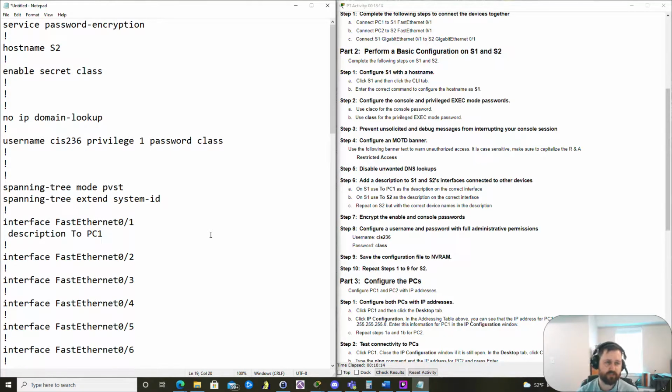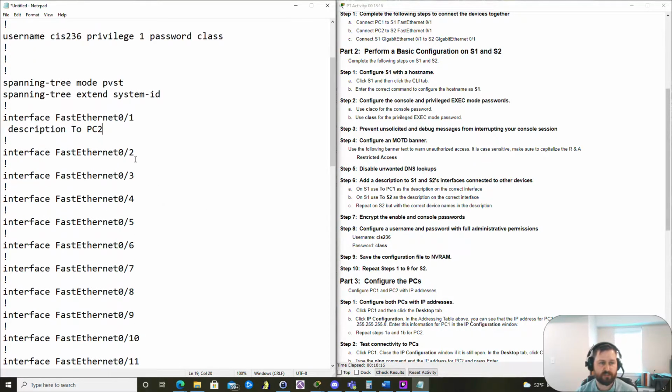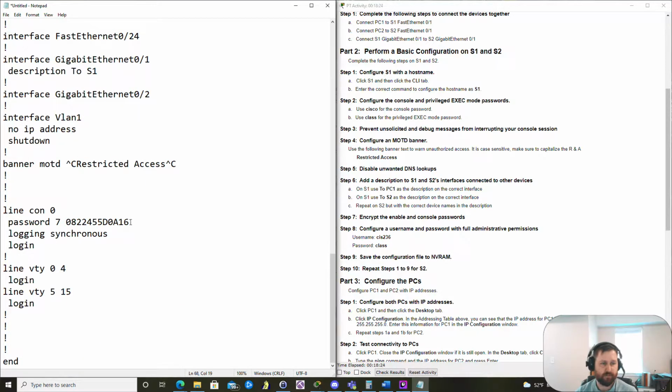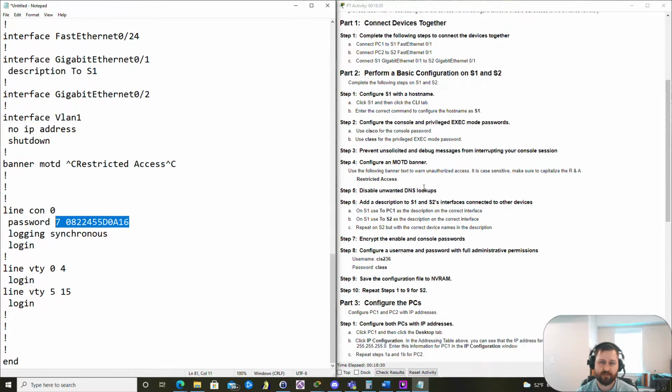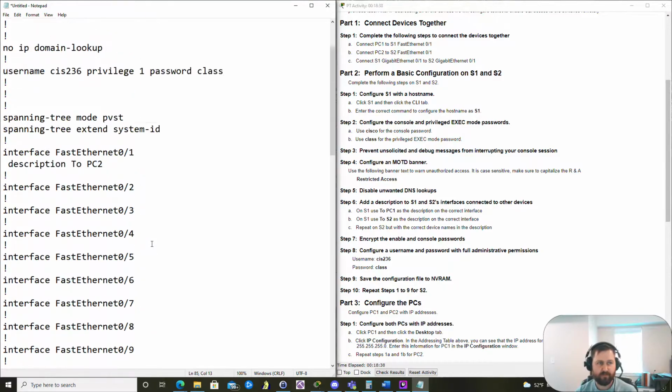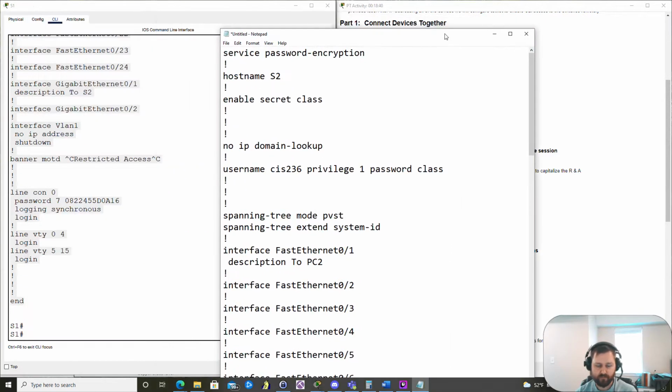And we're going to change our descriptions because that's to PC2. And our description is over to S1. And we want to make sure that our password here, also going based off of what we had listed here, should be Cisco. And that should be good. So now that we have all that pasted or copied over,